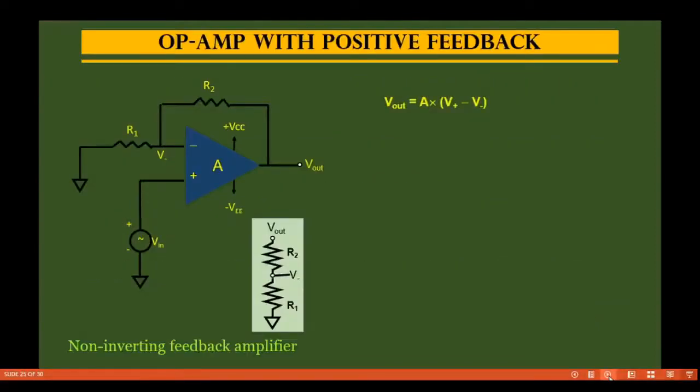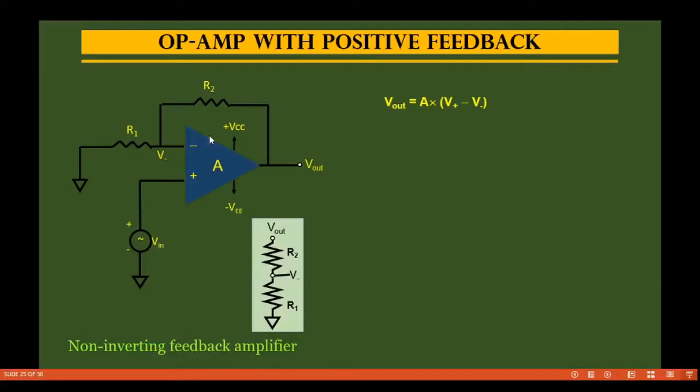Now we'll see how an op amp with feedback works. There can be different types of configurations, like differential amplifier configuration, non-inverting and inverting. I am considering a non-inverting feedback amplifier here. In a non-inverting case, we are feeding the input at the positive terminal, right? So Vin is at the positive terminal and we have grounded the R1. The feedback is always connected by the feedback resistance between the input and output. So this input and output is connected by the feedback resistance, which is R2, right?